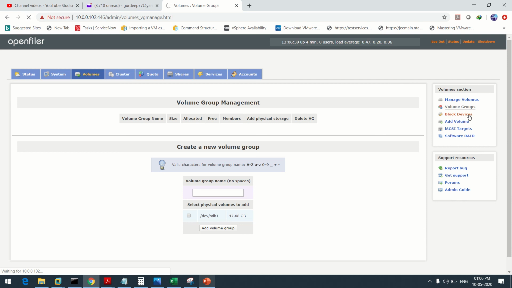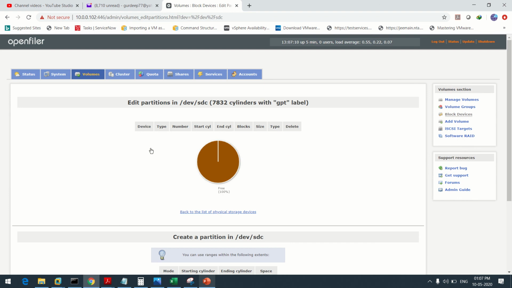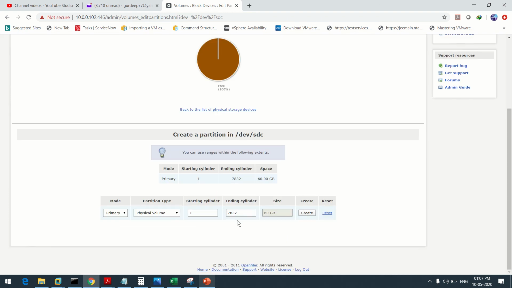Click on the block devices. Now click on SDC and just click on create.